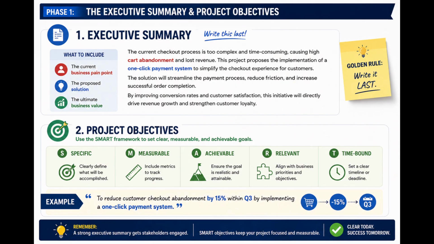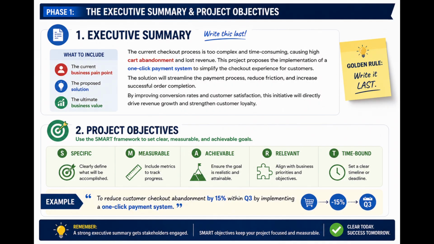Next is the first major section of our live walkthrough covering the executive summary and project objectives, spanning from the 1-minute mark to the 2.5-minute mark of the video. Even though the executive summary appears at the very top of your document, you should always write it last as a 4 to 5 sentence elevator pitch summarizing the current business pain point, the proposed solution, and the ultimate business